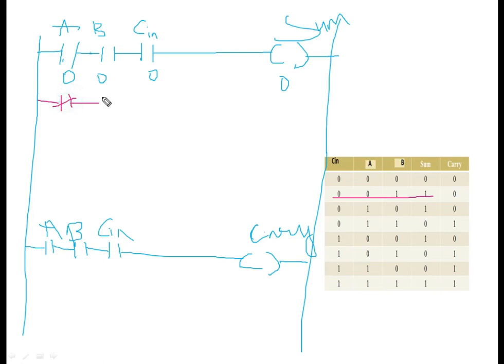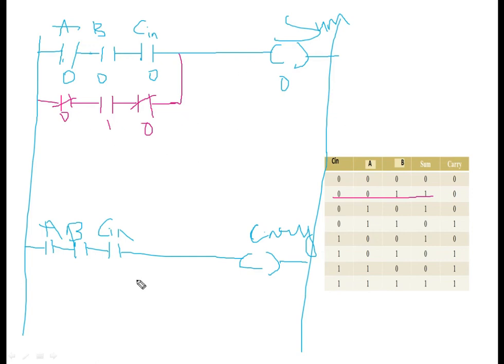Because we need to get the sum on. Okay, A is 0 and why am I taking NO? Because implementing 1 means we are making the circuit get on, means we are applying the force to get the sum on. Means here 0, 1 and 0. A is 0, B is 1 and C is 0.